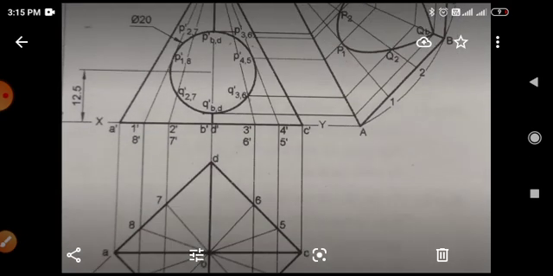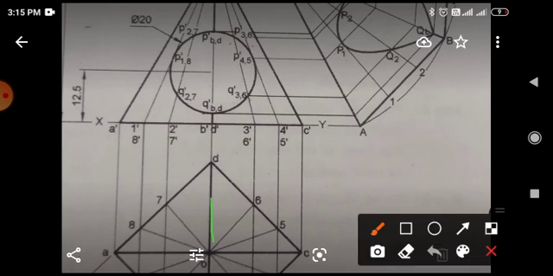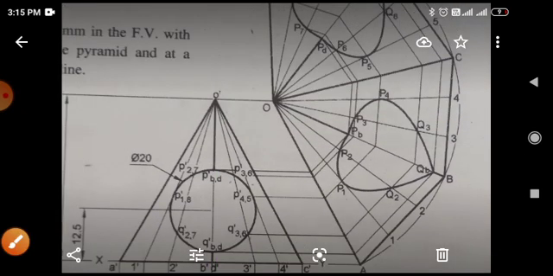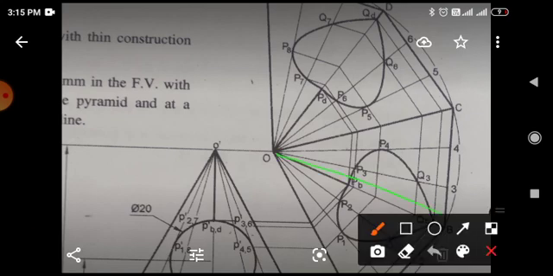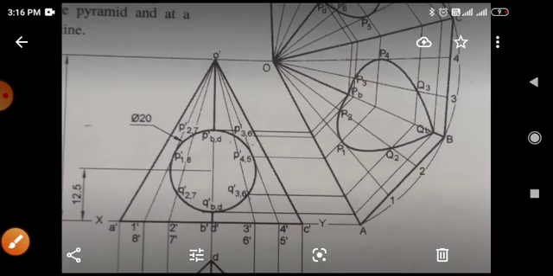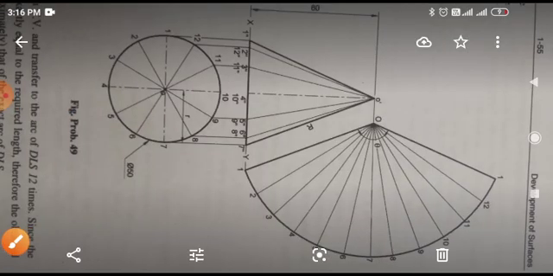Now here you can see projection from points B and D. This is point B and point D, and here there is also a line. This is the OB line, this is the OD line. Therefore you have to draw both these points and the OB and OD lines. This is the OB line on which the center of the circle lies, and this is the OD line on which the center of the circle also lies. Therefore I will say, if you practice very well, you will not feel any difficulty.